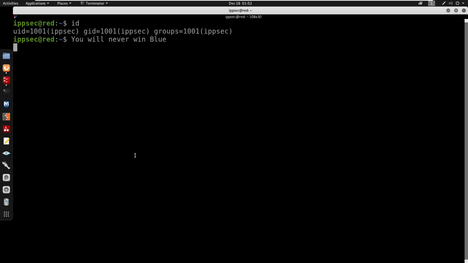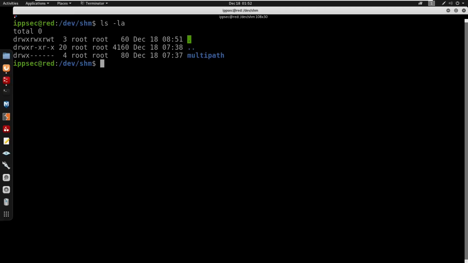It does seem like there's a cronjob running since it keeps outputting text. The cronjob is also going to kick us out of this user, and it's also going to change the password. To prevent this, I'm going to go under /dev/shm. So I'm going to clear my terminal here and nano into